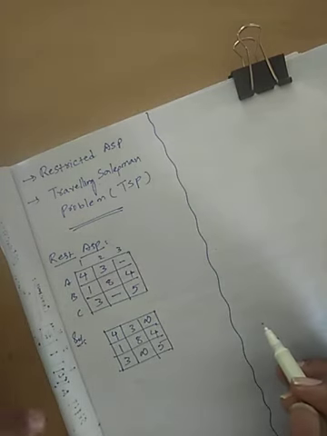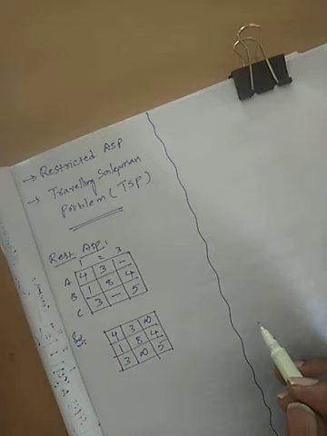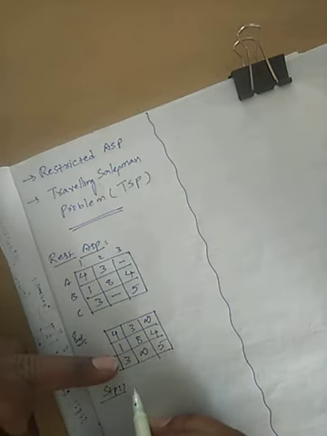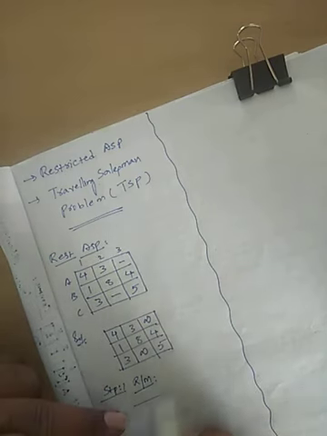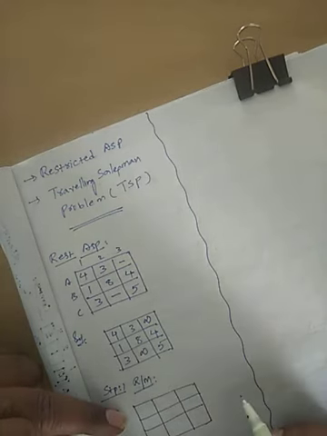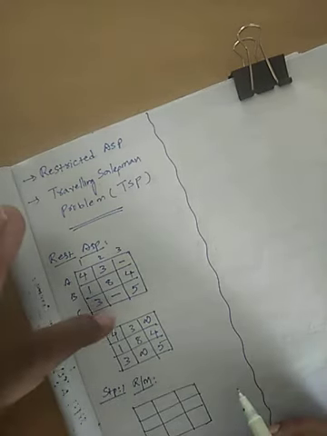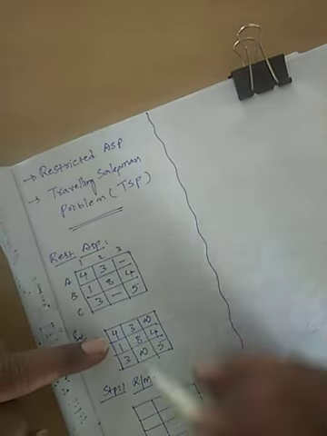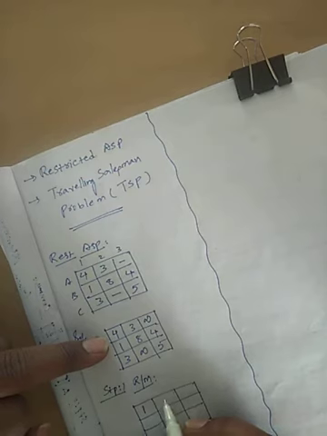Now how to solve this one? As usual, apply the Hungarian method. What is step 1 of the Hungarian method? Already this is balanced, no problem. So row minimum operations, how to do that? Take the table as it is. Here, what is the minimum value of the row? 3. So 4 minus 3 is 1, 3 minus 3 is 0.